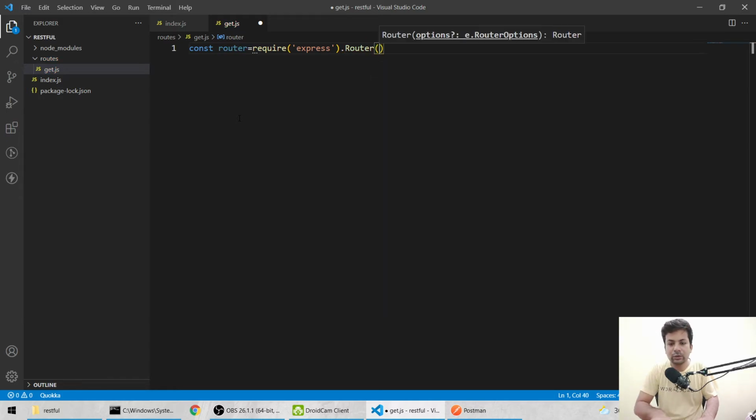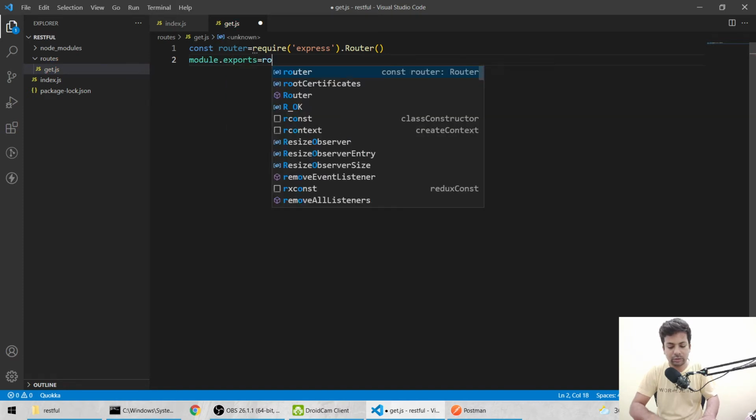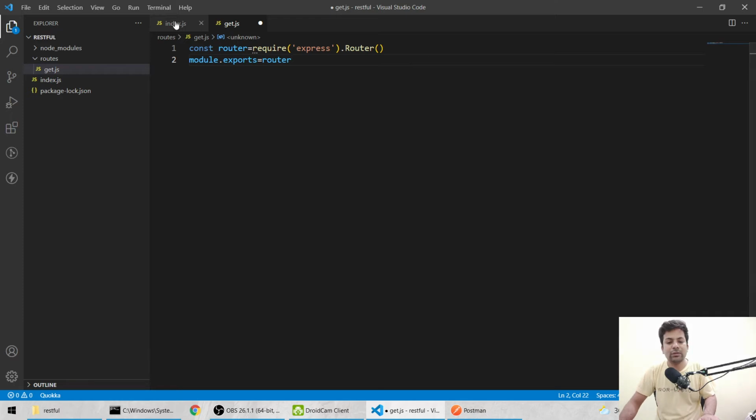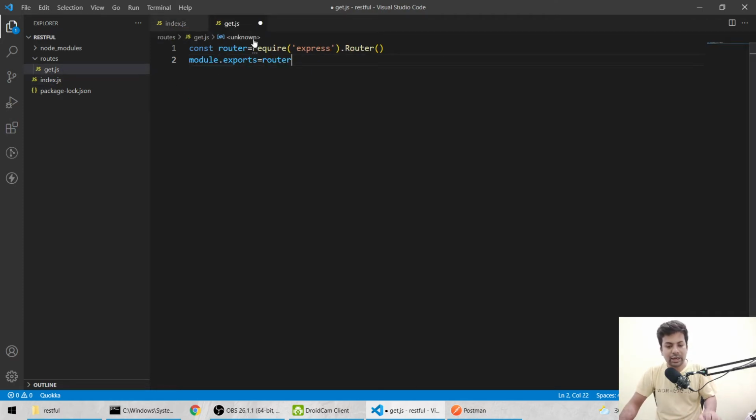There is a router built into Express, so you just have to import it like this, and after that you just do module.exports equals router. So we are exporting it, so we can access it elsewhere. And for the APIs, we have to write them in between these two lines.